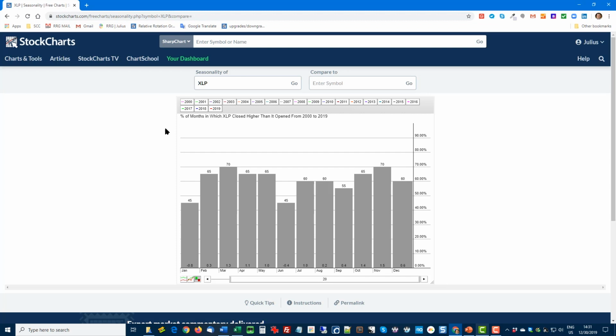The next step, because I'm going to tie this to the use of relative rotation graphs, and they are all about relative strength and all about outperformance and underperformance. And that's where the second box on this page comes into play, because I can compare the performance of a sector to something else. Now let's stick with XLP and compare it to dollar SPX or SPY, doesn't really matter,